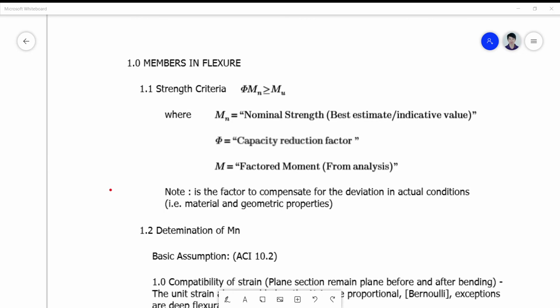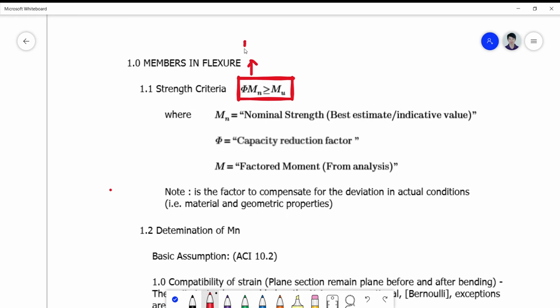Okay. So the strength criteria is actually given by this formula. Always, this is the formula used for your strength criteria. Always your resistance. Okay. So this is the resistance is greater or equal to the loads. Okay, so this is the resistance R, and this is the load Q. Okay,